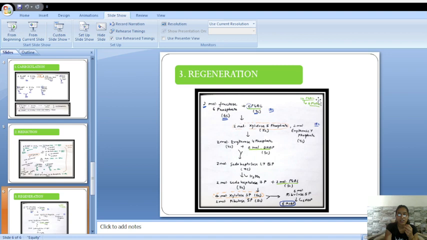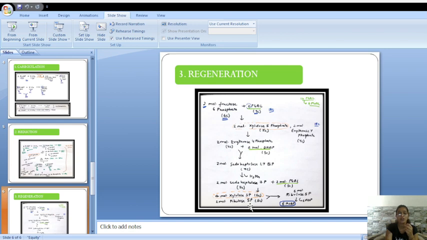And see, from this 6 PGAL that we are left with, I have utilized 2 molecules of PGAL here and 2 molecules of DHAP here. So now I am left with 2 molecules of PGAL. Now what we'll do is, from 2 molecules of pseudoheptulose 1,7 bisphosphate, 1 molecule of H3PO4 is removed, so it becomes pseudoheptulose 7-phosphate. So we'll add up here 2 molecules of PGAL, which we are left with, and 2 into 3, 6, and here is 14. So it is a 20 carbon containing compound, which will form 4 molecules of xylose 5-phosphate and